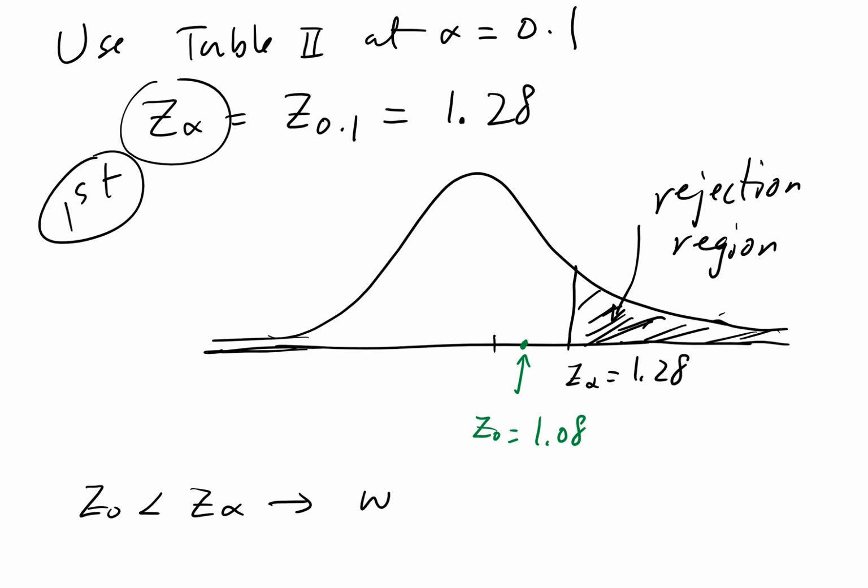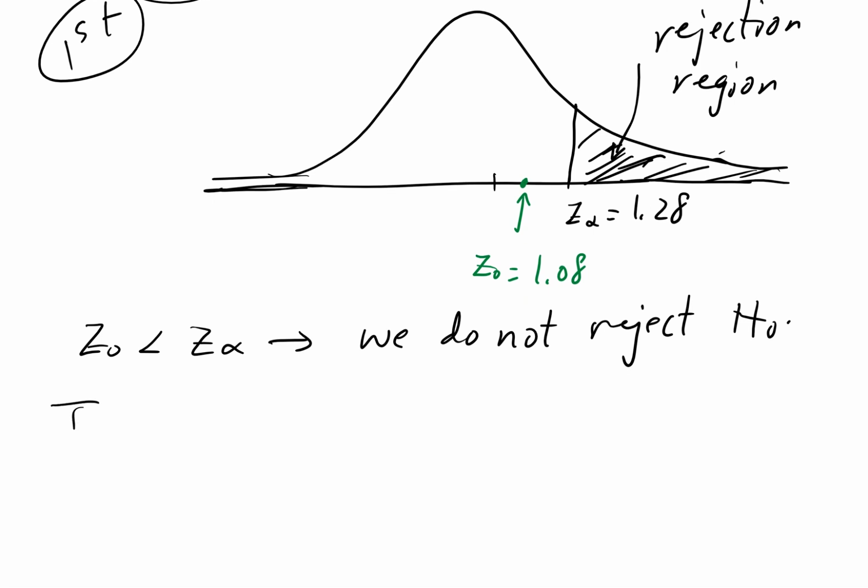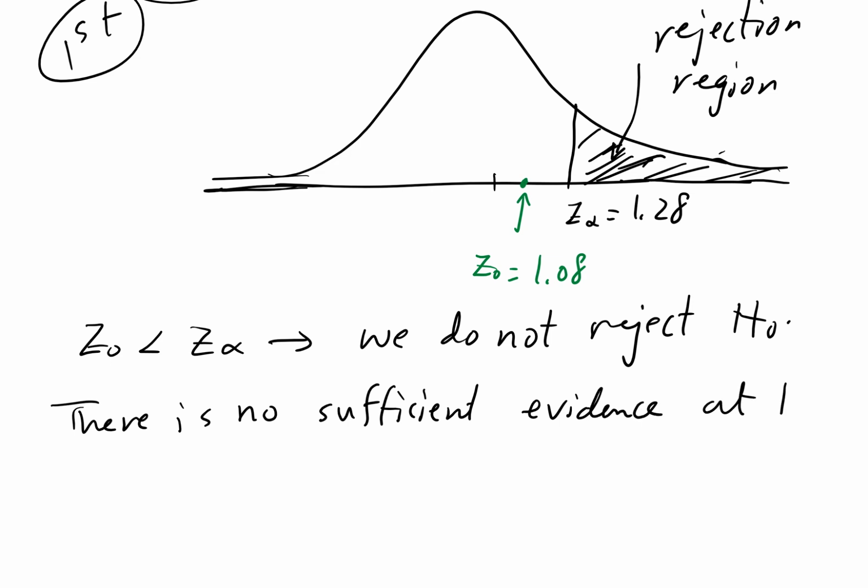Okay, so we do not reject, or fail to reject, H0, the null hypothesis. Okay, and what does that mean? How do you interpret this? We say there is no sufficient evidence at the alpha equals 0.1 level of significance